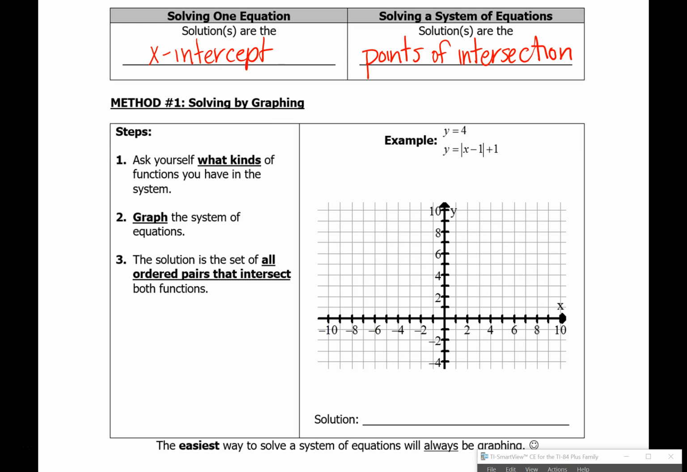Okay, so the first method we have for solving is by graphing. So the things we're going to do are graph both of the equations and then look for the ordered pairs. The first question that you need to ask yourself is, what kind of functions are you looking at in the system? Think about their shapes. So in this example, y is equal to 4. That is a horizontal line that goes through y is equal to 4. So I'm going to draw that horizontal line,